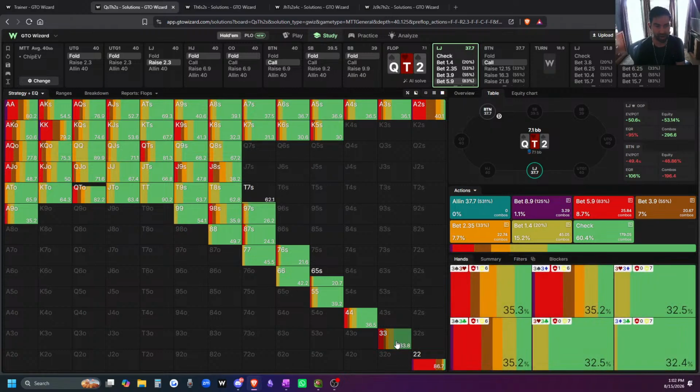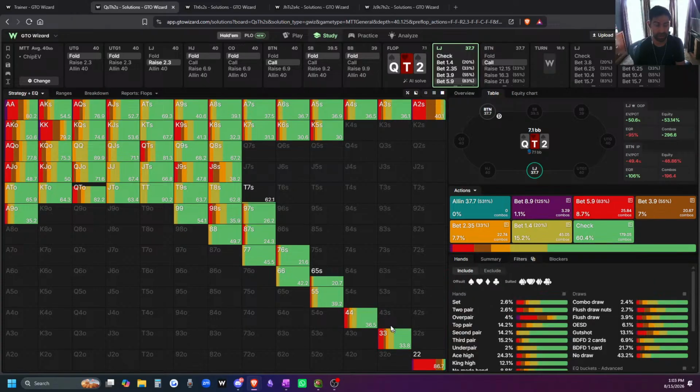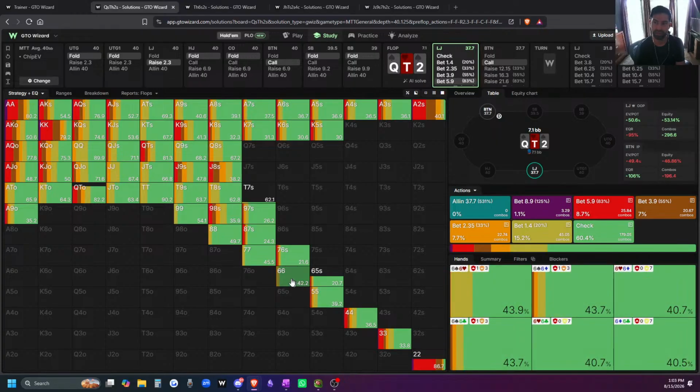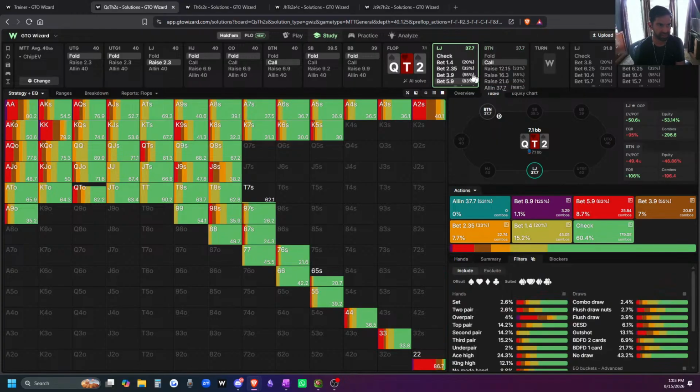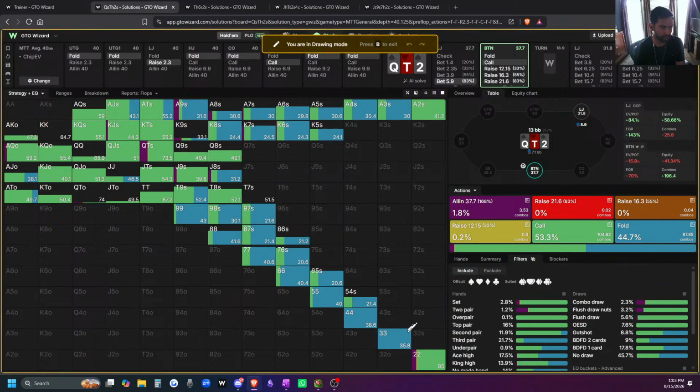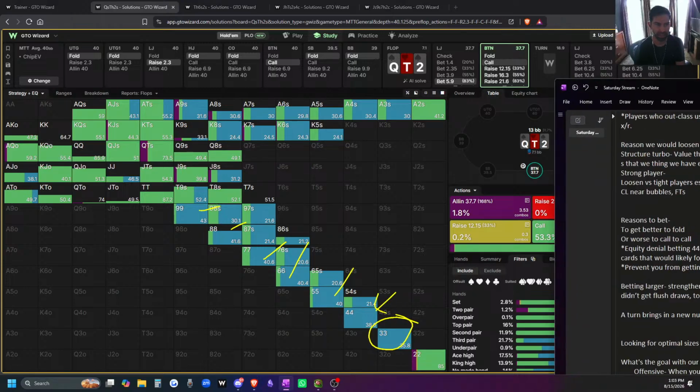Some hands are going to be harder for people to play, like pocket threes with a spade. It might not be intuitive, but this is where we grab our bluffs from. When you size up with your pocket threes, or you size up with your pocket fours, they're folding pocket fives, they're folding pocket sixes, they're folding pocket sevens, and you can see that here. We bet our pocket threes, they fold fours, fives, sixes, sevens, eights, nines, and that's part of the reason why we put in